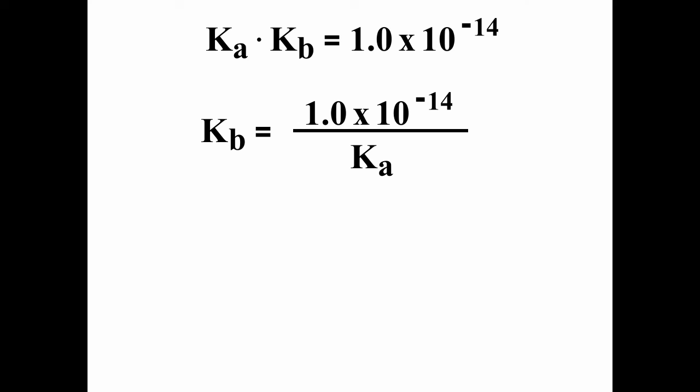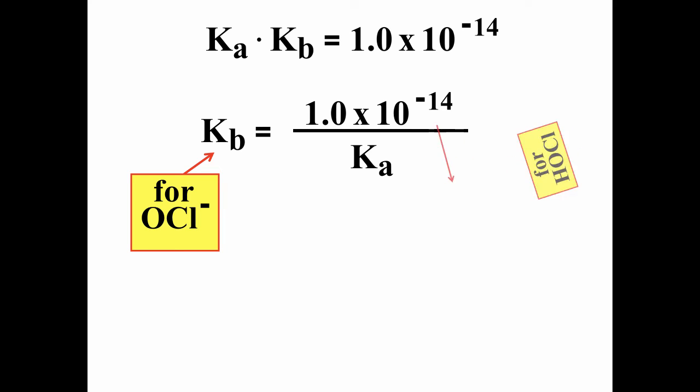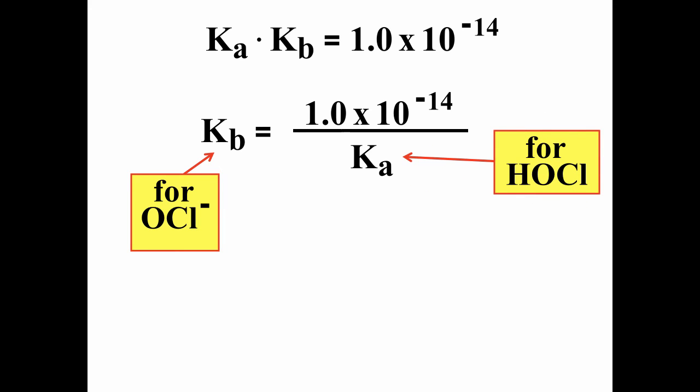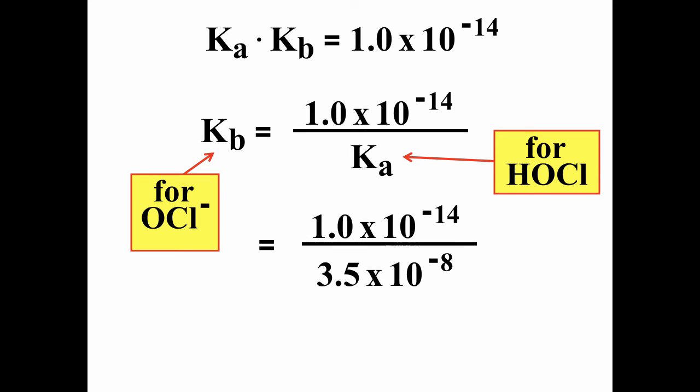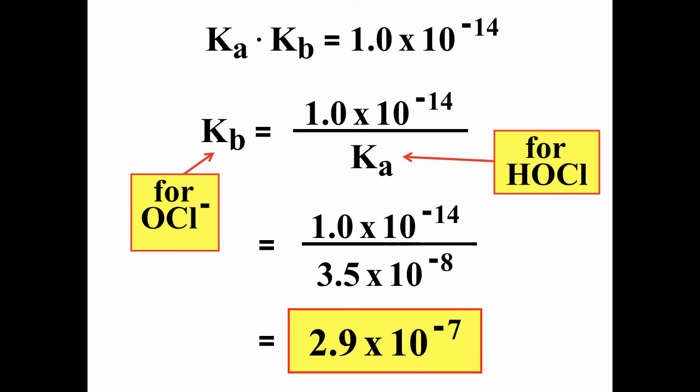That means K sub B is 1.0 times 10 to the minus 14th over K sub A for the conjugate acid. If we have OCl minus and we'd like to find the K sub B for it, then we use the K sub A for HOCl. That is 1.0 times 10 to the minus 14th over the K sub A for HOCl, which is 3.5 times 10 to the minus 8th, and that gives us 2.9 times 10 to the minus 7th. And now this is what we're going to use in the rest of the problem